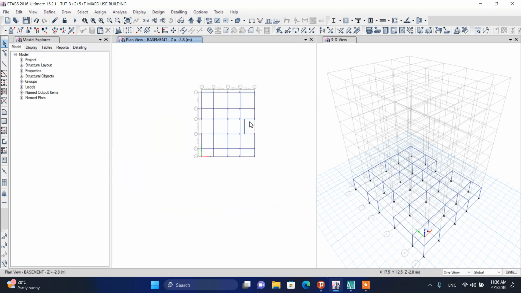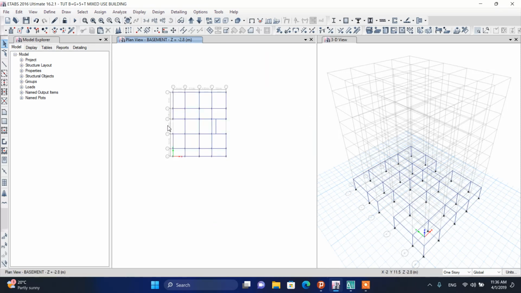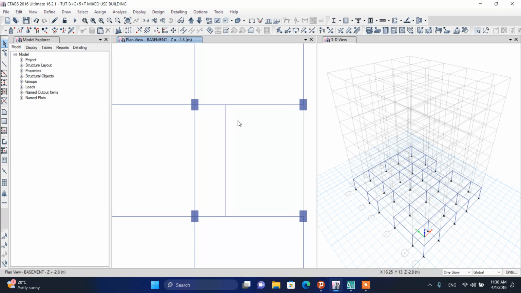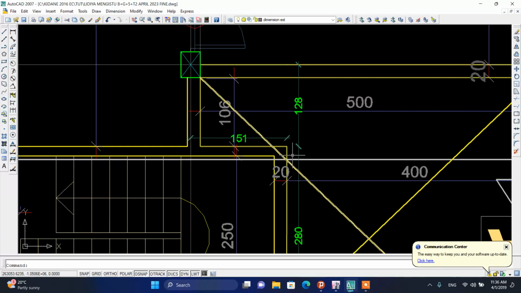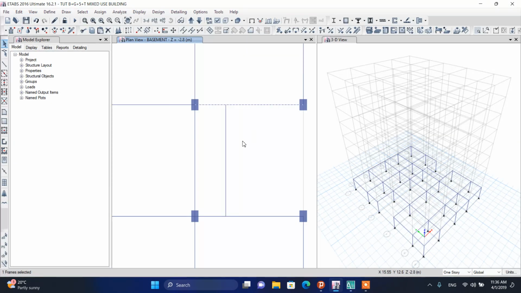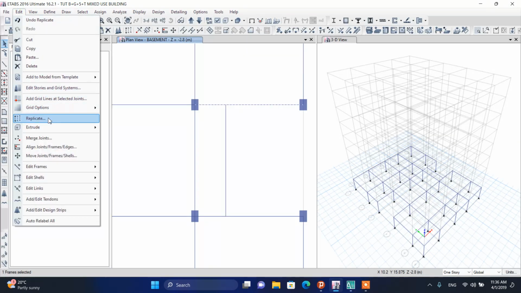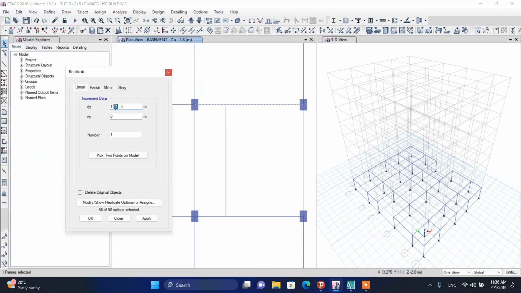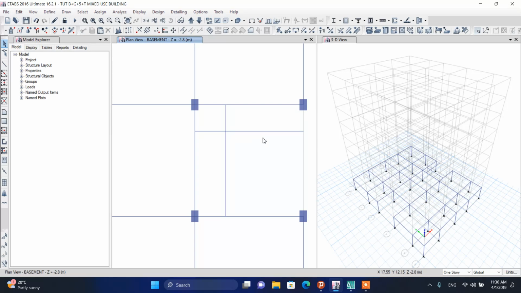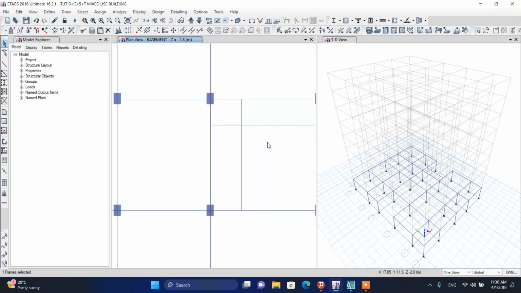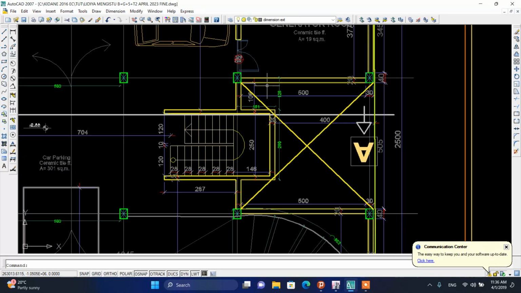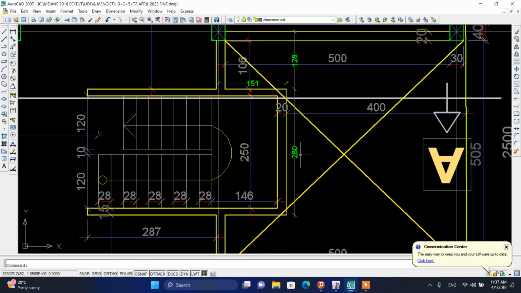And also it's better to replicate the beam along axis to the negative y direction. Select your beam. Okay, what is the distance? 128. So go to edit, replicate, make it negative y direction, 128. So okay, your beam is replicated, and replicate it again to 218